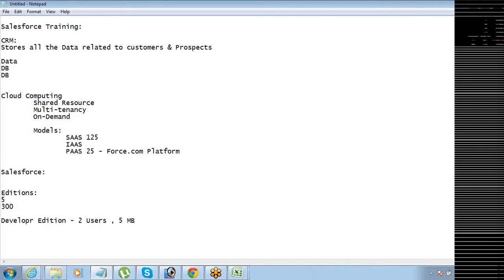For example, you cannot have multi-currency on a developer edition, which they enable on request on an enterprise edition. So very few features, 4 or 5%, are not there, but almost all the features are there in developer edition. Just that they have put a restriction on the storage capacity.